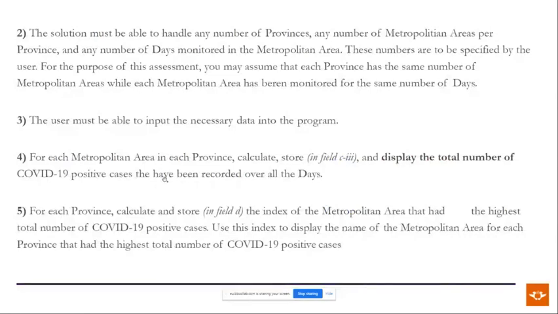Now, going through the questions quickly, what we can see is the solution must be able to handle any number of provinces, any number of metropolitan areas per province, and any number of days monitored in the metropolitan area. So once again, we can see an array of provinces, an array of metropolitans, and a number of days, so an array of days or an array of cases per day. So these numbers are to be specified by the user,